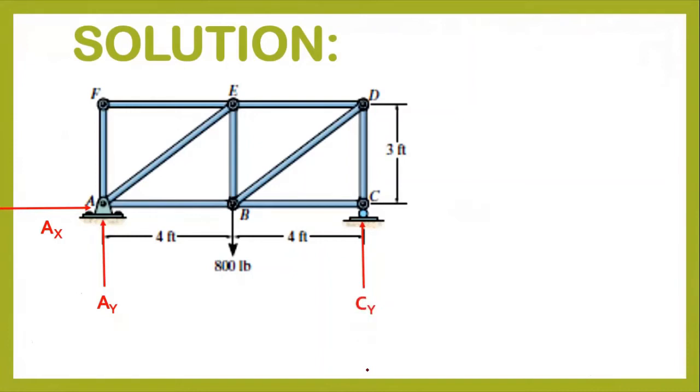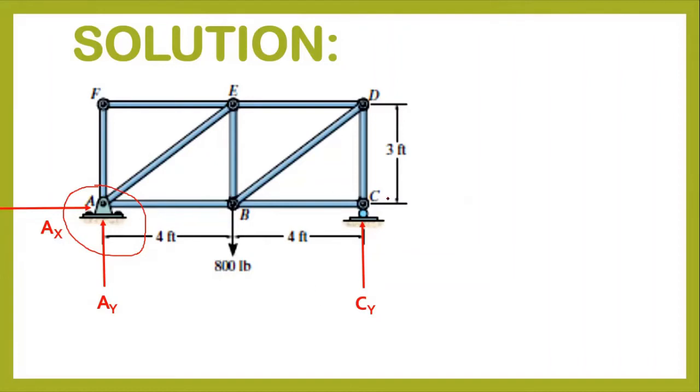I am going to sum up moment at A. Why am I going to sum up moment at A? We will find the support reactions by equilibrium analysis, that is, by using the equilibrium equations, which is also the principle of moments. I am summing up moment at point A because AY and AX will become 0, since there is no distance for AX and AY. So two support reactions become 0, and then it is very easy for me to find CY here.